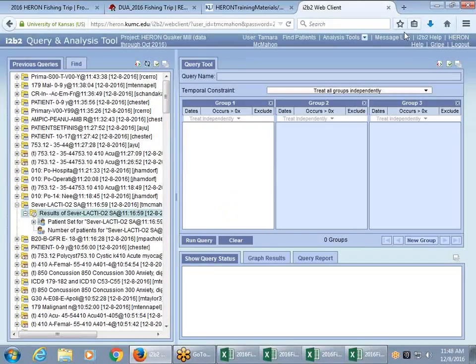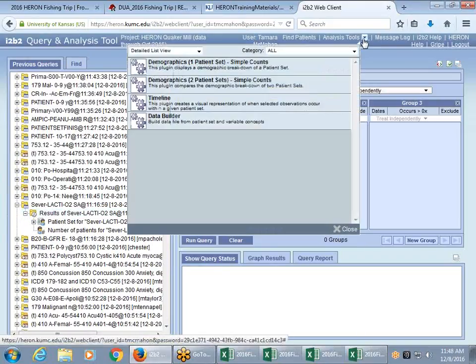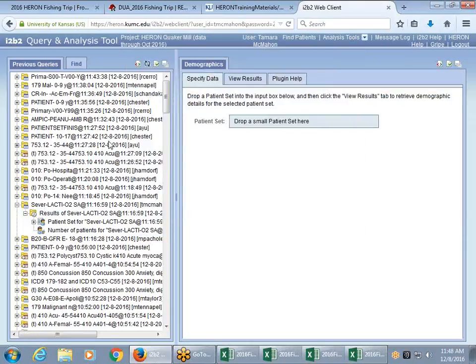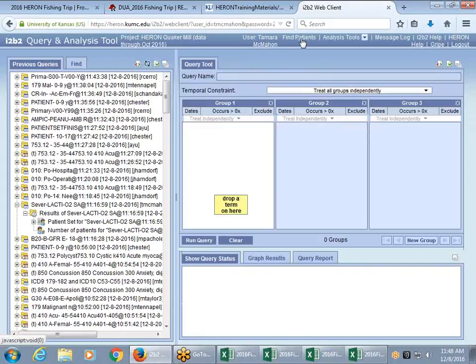Oh, good. I have a patient set here. So when we ran the query, we kicked off the timeline, and it showed you the timeline. We also have something called the demographics. If I pull a patient set, let me go back to find patients. When you run a query,